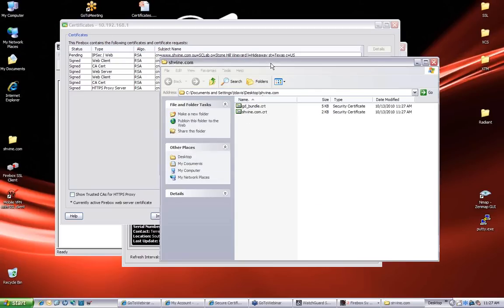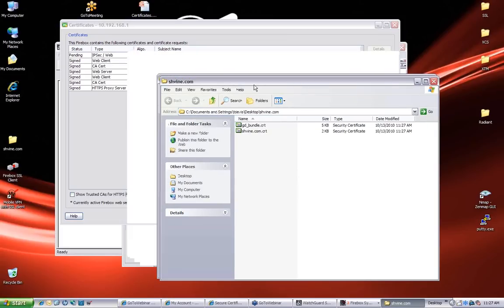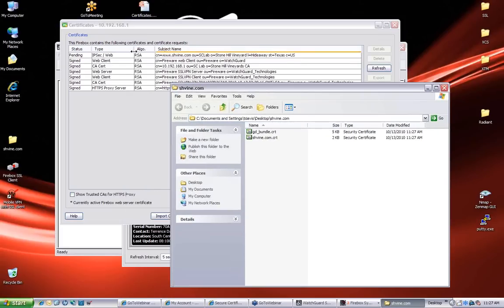And there's the bundle that I extracted. So what I need to do now is go through the process of importing the certificate so that this is no longer pending. It's actually signed, but I need it to be signed by a CA. And here's where we get back into that picture. If you can go back to one of those last slides where I had that hierarchy, I actually need to create the entire hierarchy inside this